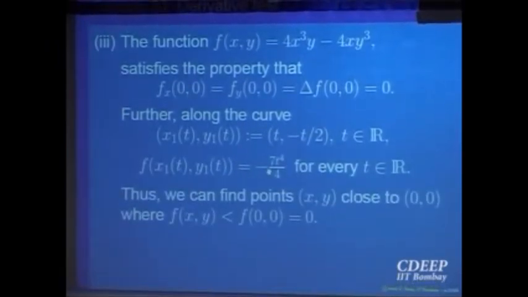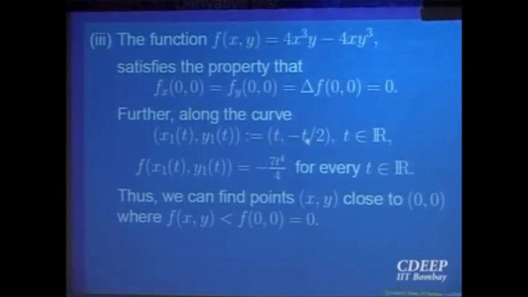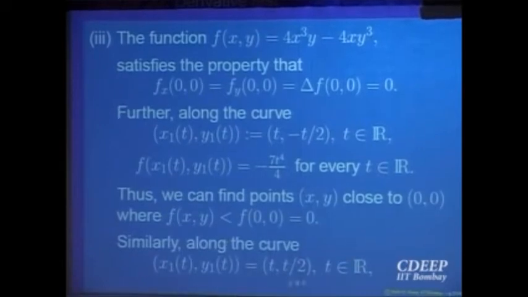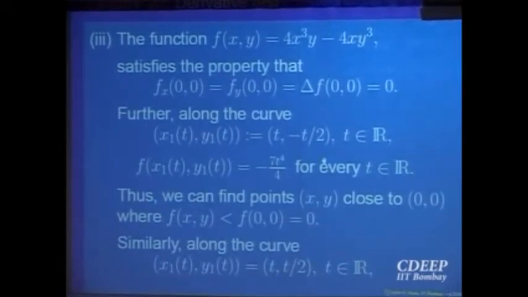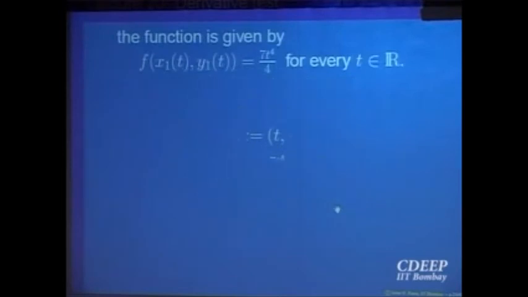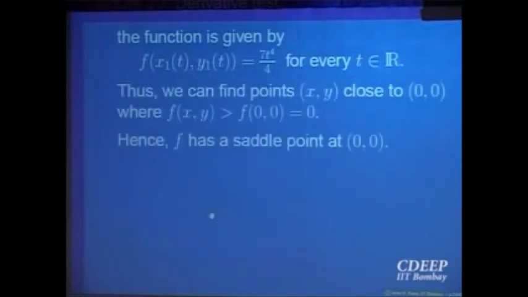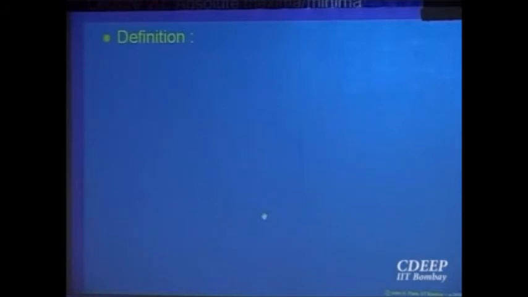So you can look along the curve where x of t is t, y of t is minus t. Okay, the function will take negative values. And similarly you can look along x of t is t, y of t is t, which is something similar to what we have done. Okay, so this is a saddle point. So I am trying to give you, at the point 0, 0, ways to apply these tests and analyze whether it is a saddle point, local maximum or local minimum by analyzing the discriminant, the sign of the derivative.